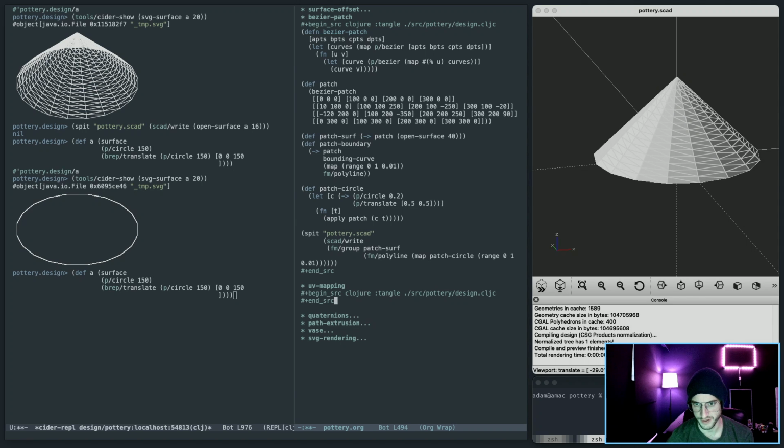I'm not sure if UV mapping is the right term for it. UV space to world space. UV to world. Sure, why not? Okay, so let's start with